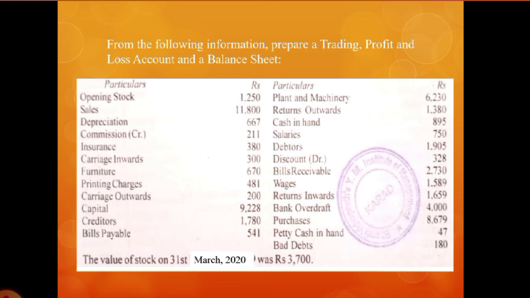Now, just like we have purchase returns, there can be sales returns also. Whenever you sell goods to your customers, they may not be happy, or there might be some problem because of which they may return the goods which you have already sold. So in order to record the net sales, we need to deduct the returns inwards from the sales. We'll get the net sales. So sales are shown on the credit side of trading account, and from that the returns inwards will be deducted.